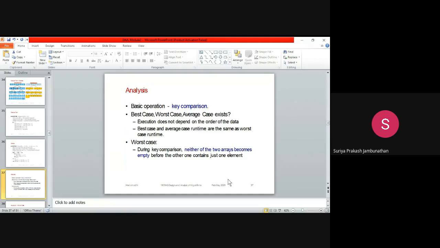That will become the best case; we can put the same value as the output. If you have two elements, then we have to do a comparison and identify which is the lesser value and which is the greater value.